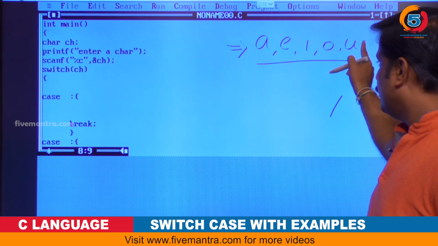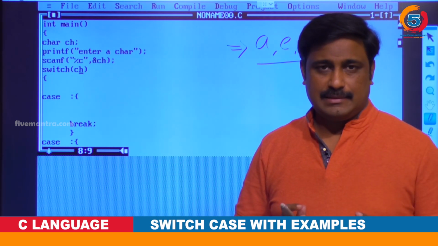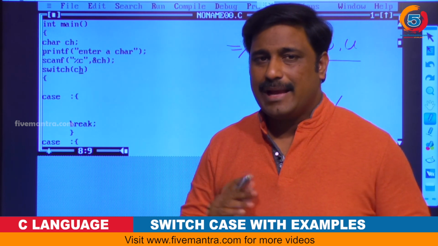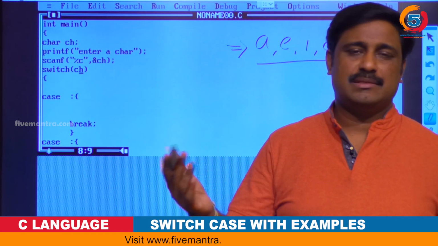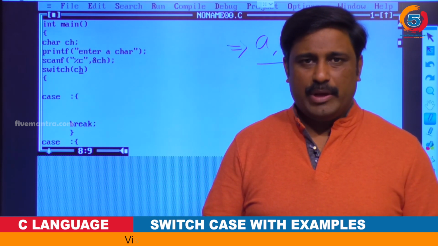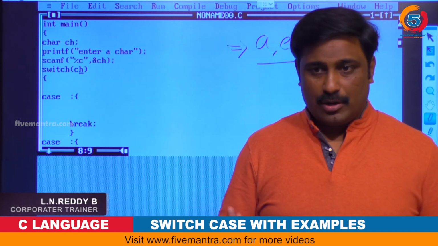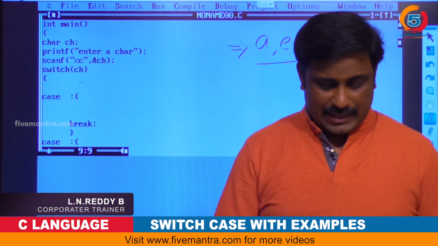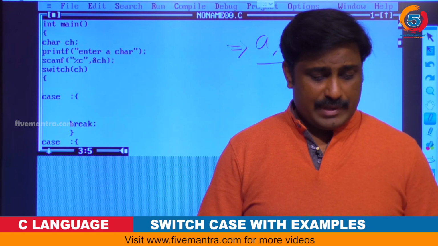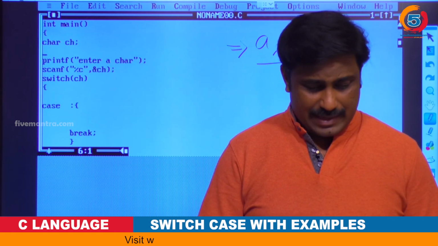Okay, A, E, I, O, U are the characters. Those characters are called vowels. Other than these we can call them consonants. My requirement is to check whether a given character is a vowel or not. If you see here, I am accepting a character in ch, and after that